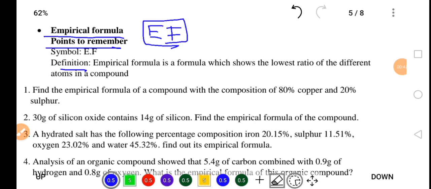So empirical formula is the formula which shows the lowest ratios of the different atoms in a compound. So meaning the empirical formula does not give the actual number of atoms in a given compound. It shows the lowest ratios or the simplest ratios of atoms present in a given compound. For example,